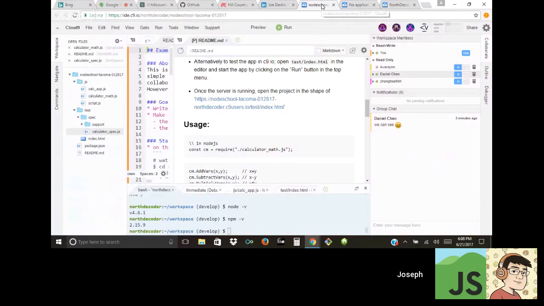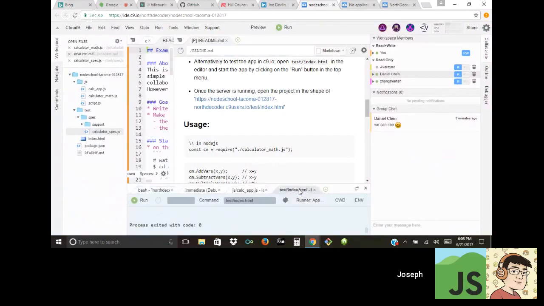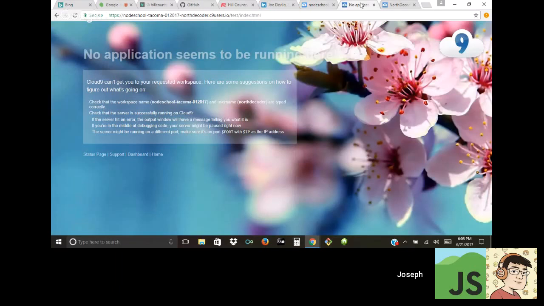I'm going to go back and restart that. See, it says that it was exited. So I'll restart that process, and then I'll refresh the screen and see if